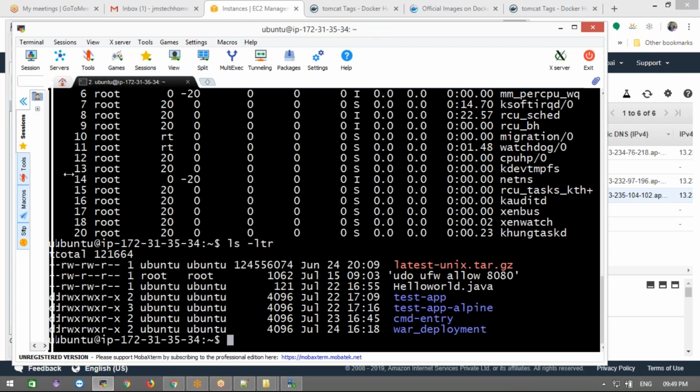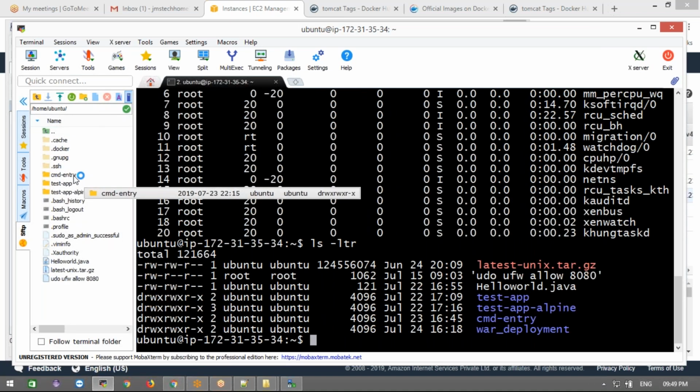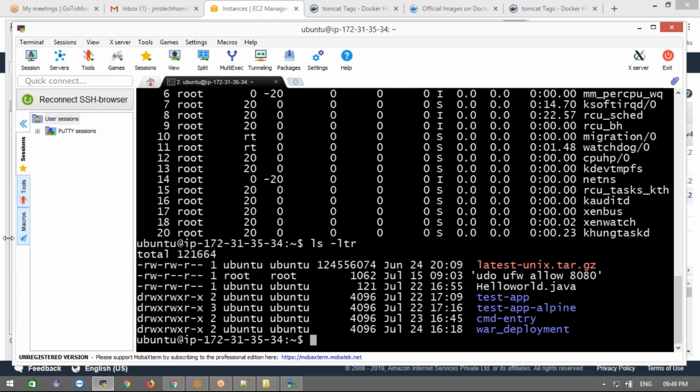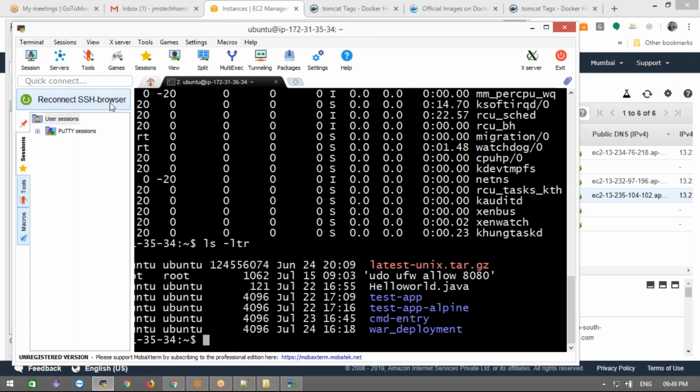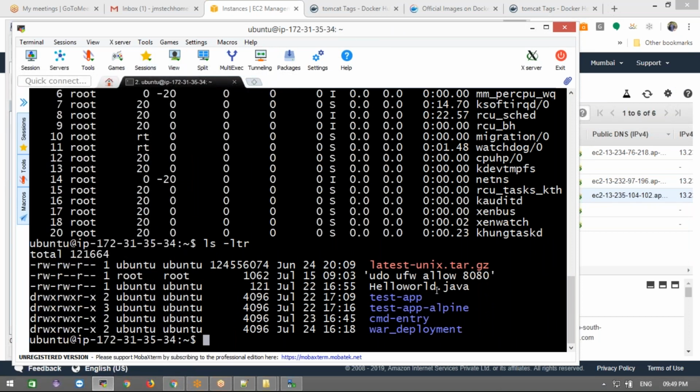Some people use PuTTY, but this is the way. Even we are going to use WinSCP for this. That's what I'm trying to show you. This is the local system, and they can go here and copy also. I will show it later. Okay, let it be.